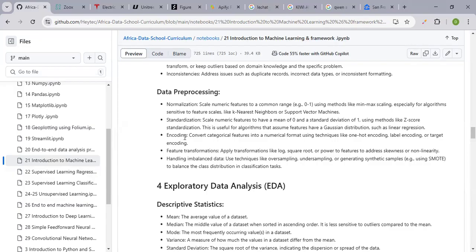Then the other step is encoding: convert categorical data into a numerical format using techniques like one-hot encoding, label encoding, or target encoding, which we have had a look at. Label encoding is simply giving it a picture and giving that a label or a target. Then the other one is feature transformations. Apply transformations like log, square root, or power to features to address skewness or